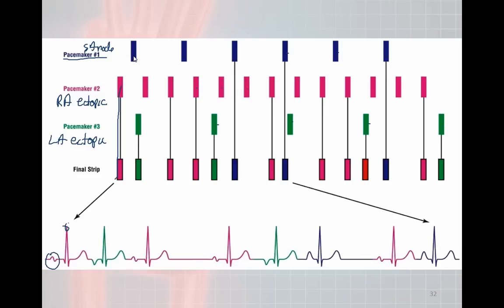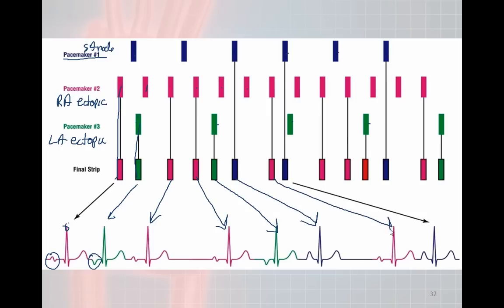And then at the same time, these other two are still clipping along, but the EKG then sees the third ectopic focus, which is this one right here. So the third ectopic focus has that kind of depolarization. As you can see here, the machine, even though it's picking up only certain ectopic foci, they're all three trying to compete at the same time to be the primary pacemaker of